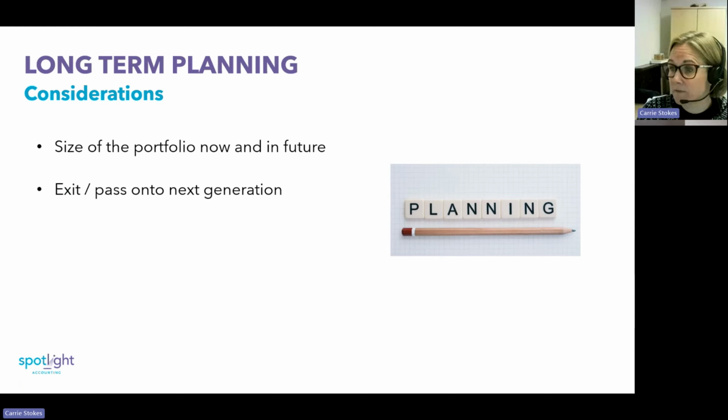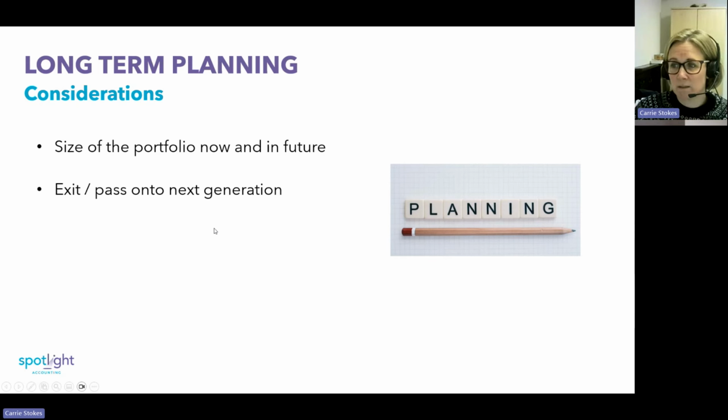Your exit plans from the portfolio. I know most landlords look to develop and grow, but again, you need to be thinking about the long-term plans. You know, okay, it might be to provide a source of retirement income for you or a passive income because you want to retire. But again, you need to be thinking, what are you going to do with these properties once it's built up? Are you going to pass it down to the next generation, or are you going to cash in on the capital value at some point?